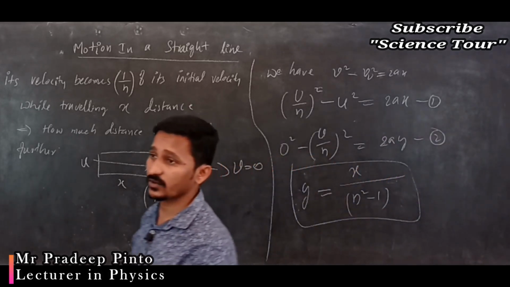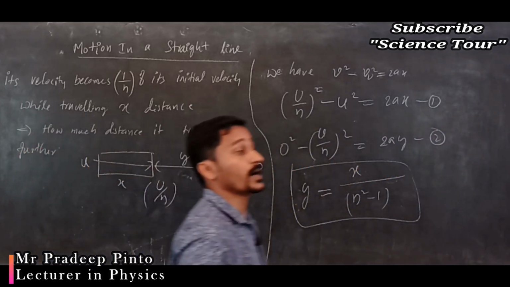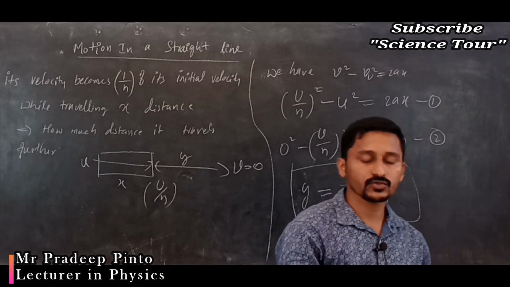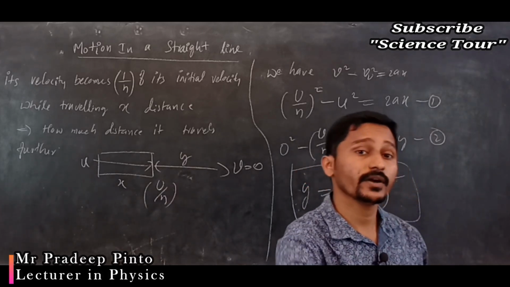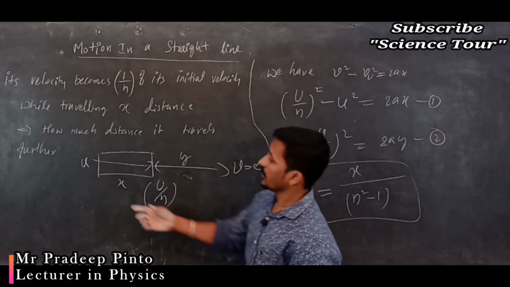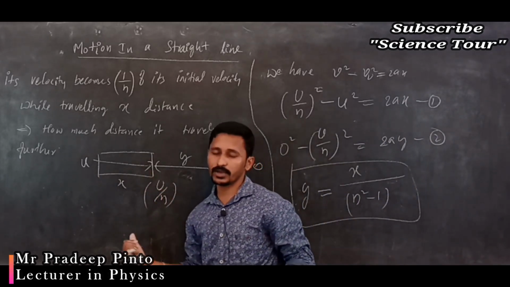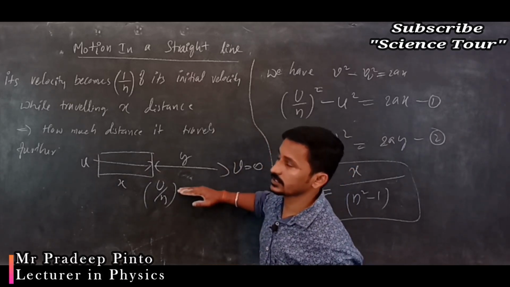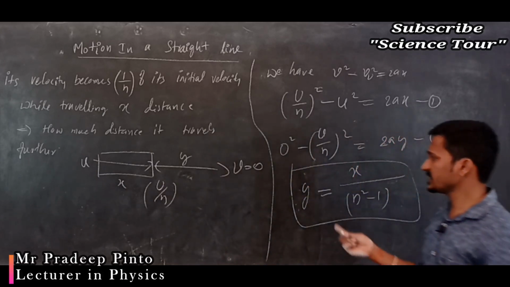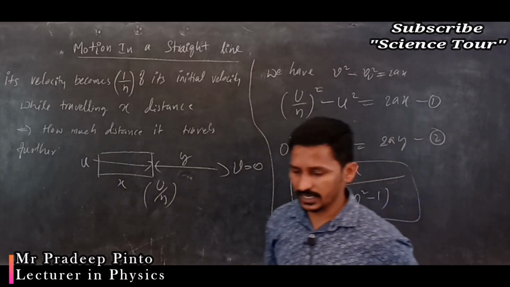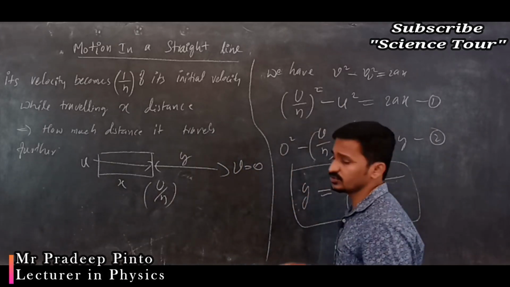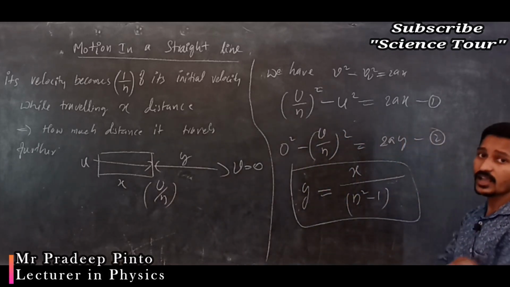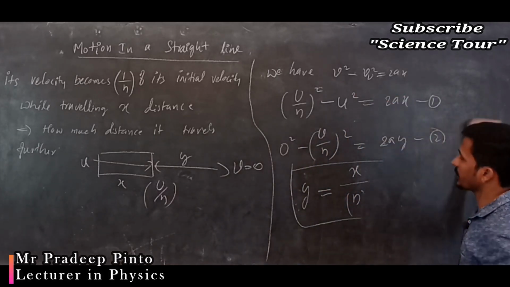So first, what we have calculated is the number of planks required when 1 by nth of its velocity is reduced, and 1 by n of its velocity is reduced. Those are two different things. Next, what we have calculated is, if it travels x distance, it reduces to u by n of its velocity. After it travels again it becomes 0, so what is the distance y? These are the two formulas. You substitute and you will get the formula, because in the exam or problem it is very easy. This is the general case. In the problem, if you know these two things, you can make out.